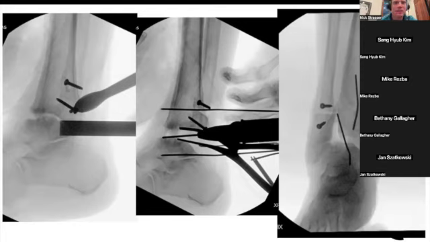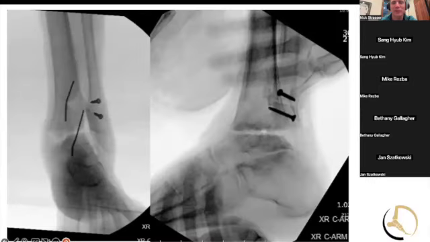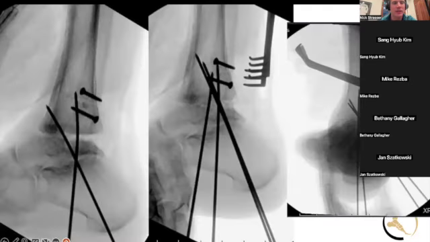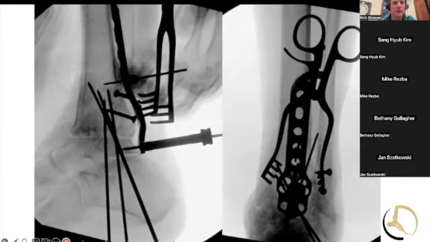I felt like this was one of those cases where you get into it, and at some point you wonder, am I going to actually be able to do this? Is this actually going to work? That was what I was thinking about this morning, and that's really how I felt at this point. But after some sweat and tears and a few words, it started to move on me a little bit, because it was really stiff, as you might imagine. But I did shorten it. 100% agree. I was able to get some provisional guide pins in, and then I used a posterior plate in this case